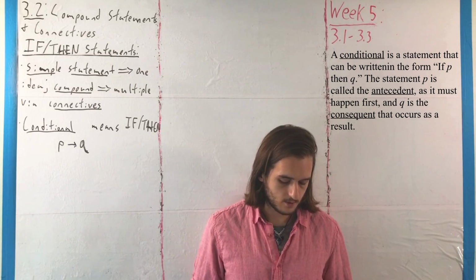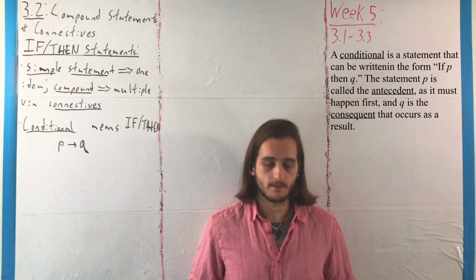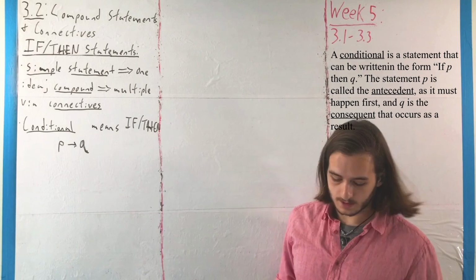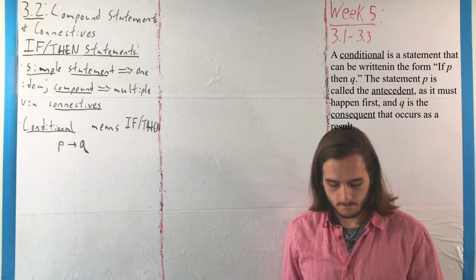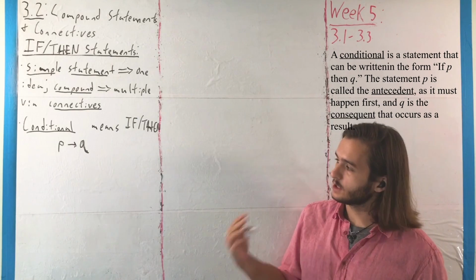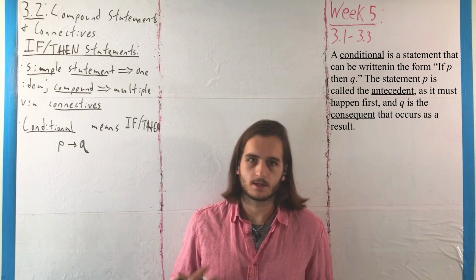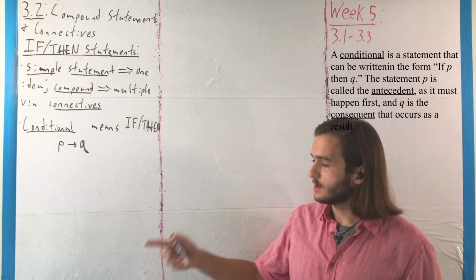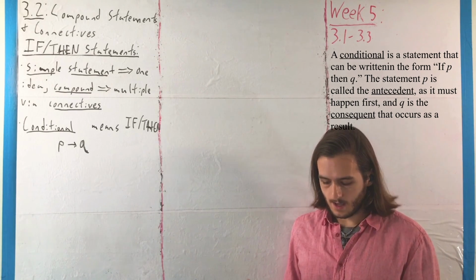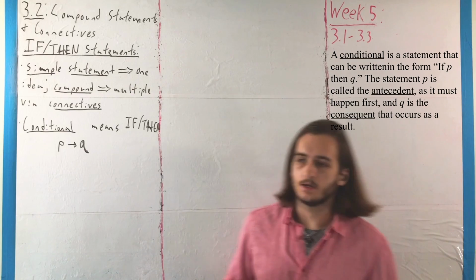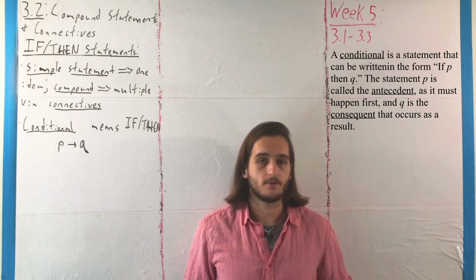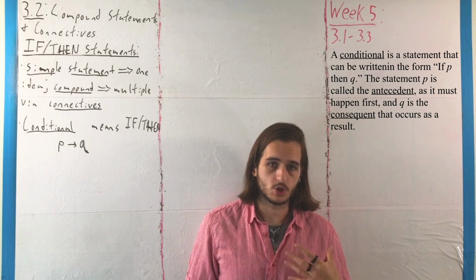later. For now, though, we just want to get the basic idea of these connections, where when we notate this in terms of P going to Q, we call P the antecedent, the thing that must happen first, and Q is the consequence of the antecedent. P makes Q happen, so we call P a necessary condition in order for Q to exist. This is the basic statement, as I said, of all theorems, so it's a very, very important one in general